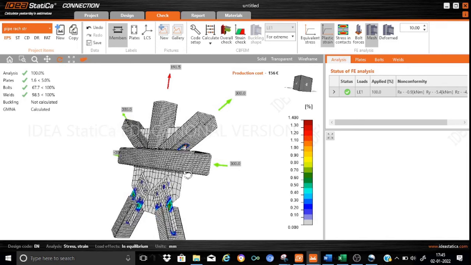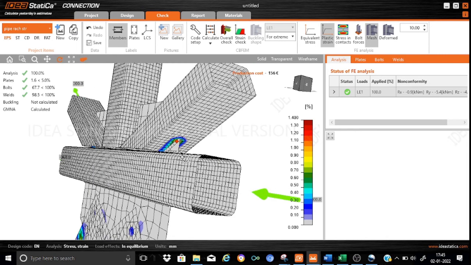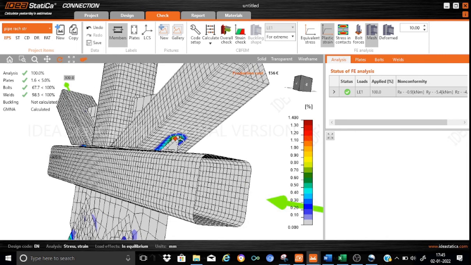You can see that on this member the strains are concentrated in this region, and you will also find some overutilization in the weld. The welds are already at 98.5, located over here. If we want, we can increase the weld size. So that's all about the plastic strain. If we go for the equivalent stresses,